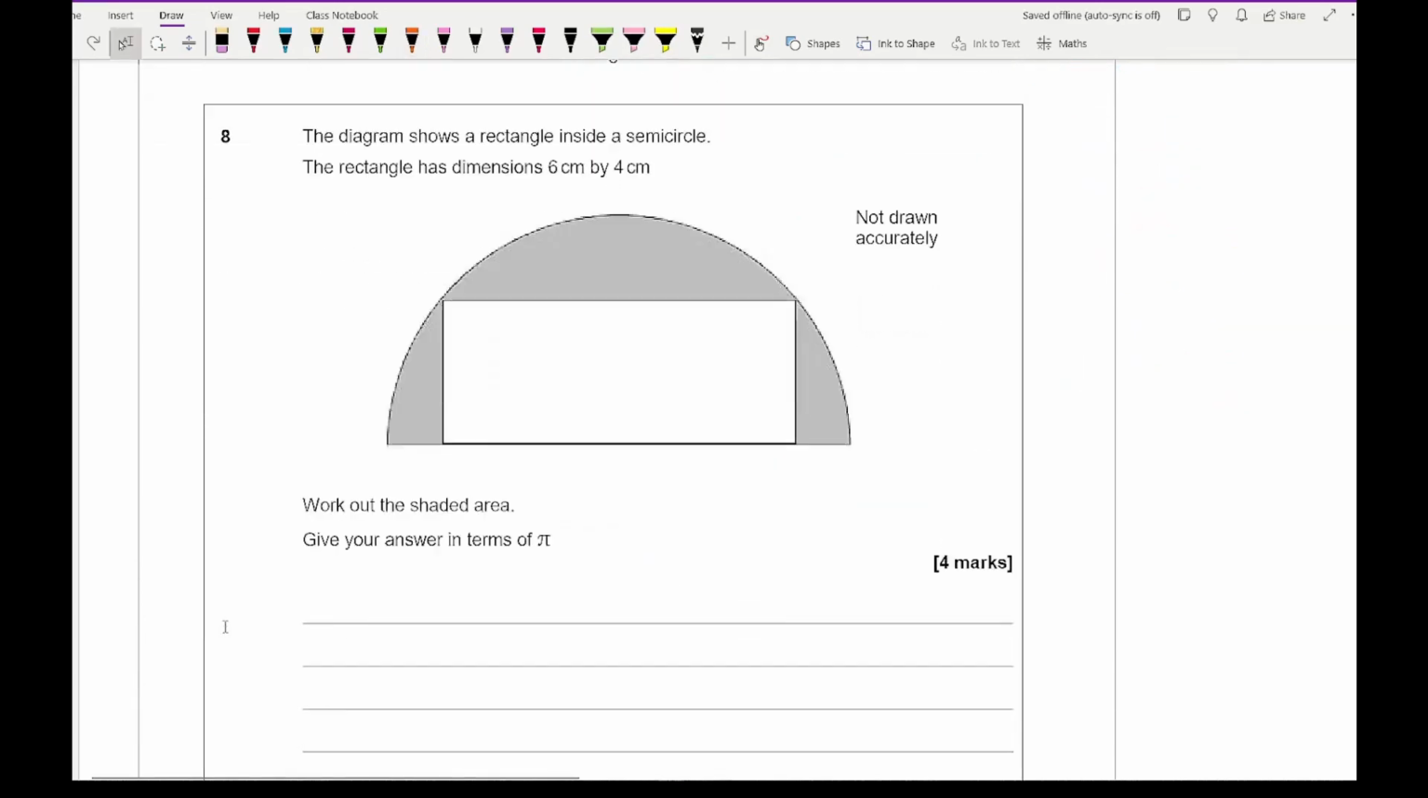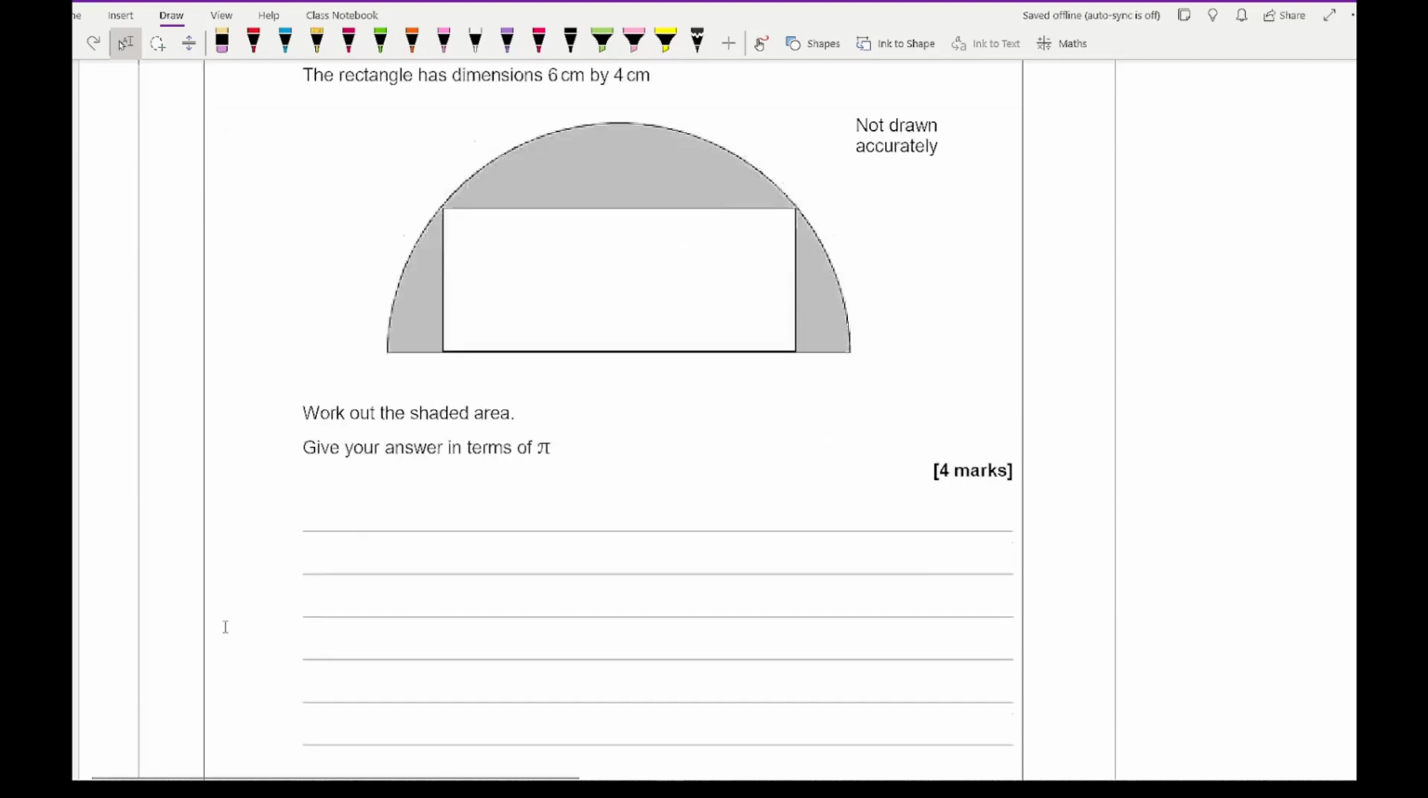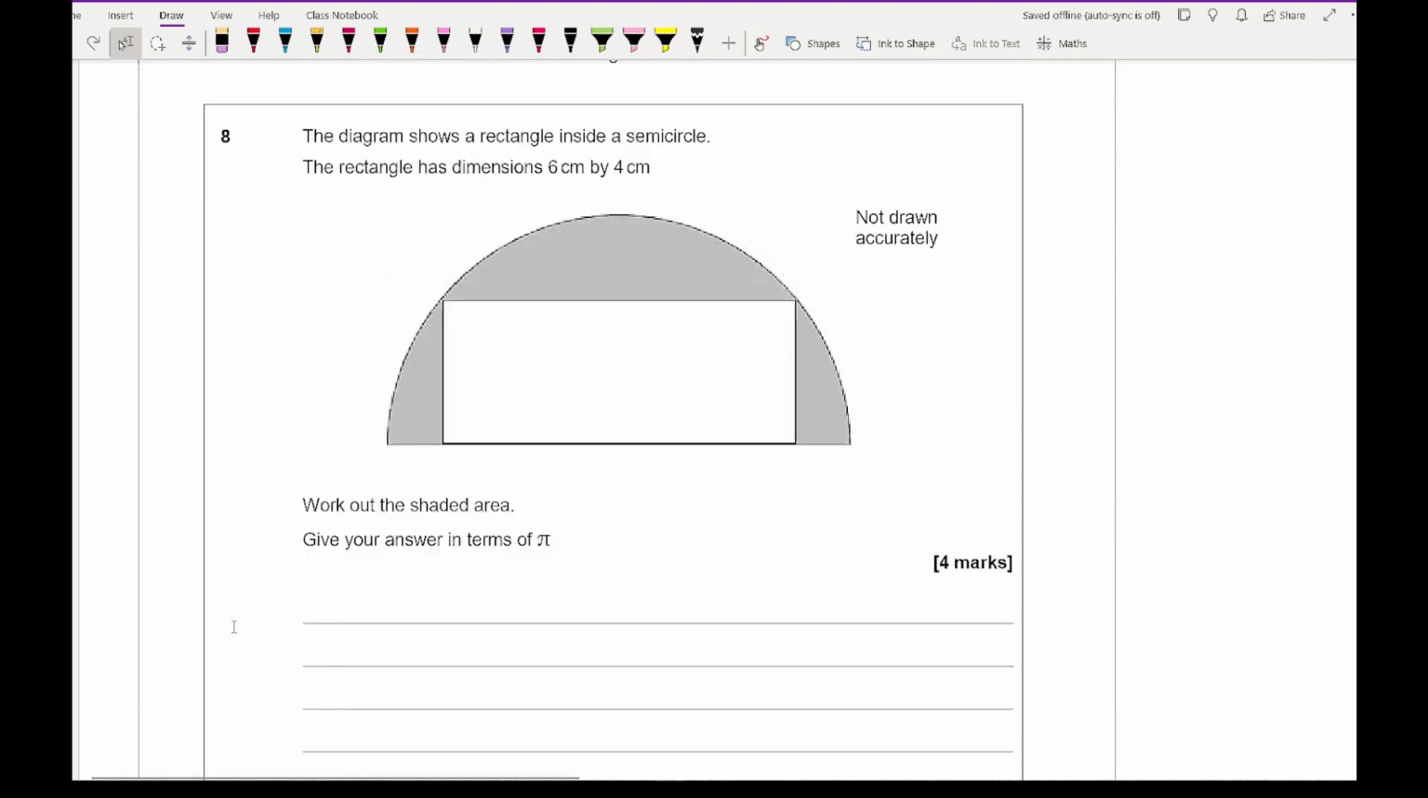Then moving on to question 8, it says the diagram shows a rectangle inside a semicircle. The rectangle has dimensions of 6 by 4. Work out the shaded area. Give your answer in terms of pi. So for this, we know that this length here is 6, and we know that this length here is 4. Now the shaded area